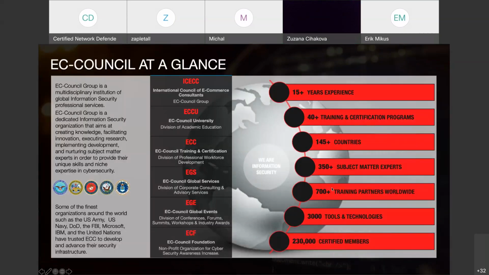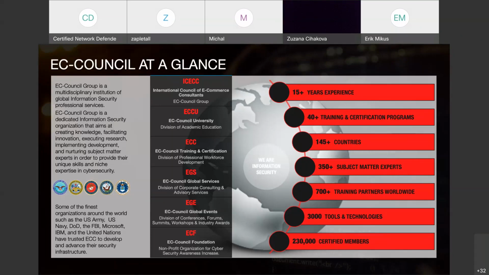For those of you who don't know, EC Council globally is one of the largest cybersecurity training and certification bodies. We've worked with various governments, training centres such as GOPAS, for example, and academic institutions, in furthering the education and training of cybersecurity professionals. We've got over 230,000 certified members that have worked with the Department of Defense, the FBI, the Pentagon, and numerous other Fortune 500 companies, all in their pursuit of ensuring that we have the right professionals in place to mitigate against